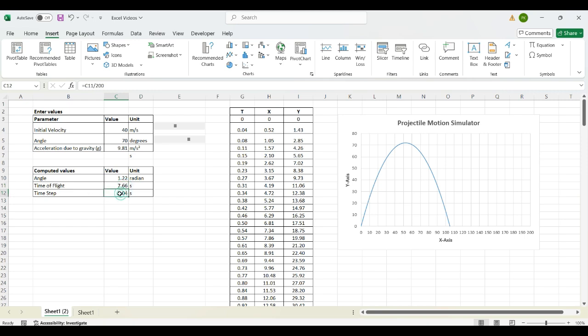And then here you have time step. So what is this time step? What we have done is we have divided the time of flight into 200 equal intervals. So if you divide, let's say, 7.66 into 200 equal intervals, each interval would be roughly 0.04 seconds. Now at each time interval, we have calculated x and y position,